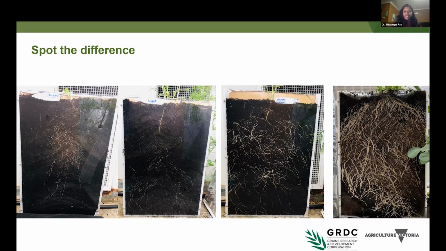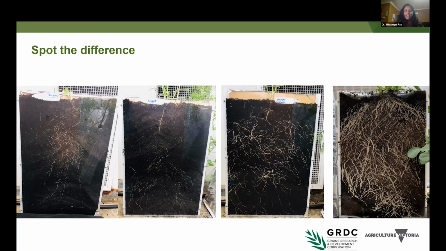If you can take a guess, that would be great. If you've worked on pulses, you can probably guess some pulses and roots. If not, I've left a little bit of a cheat over there. So moving from the left side, we've got a pea root system. Then we've got nugget, which is a lentil I talked about earlier on. And then we've got the chickpea. And lastly, on the far right is the field faba bean with a quite profuse and big, nice looking root